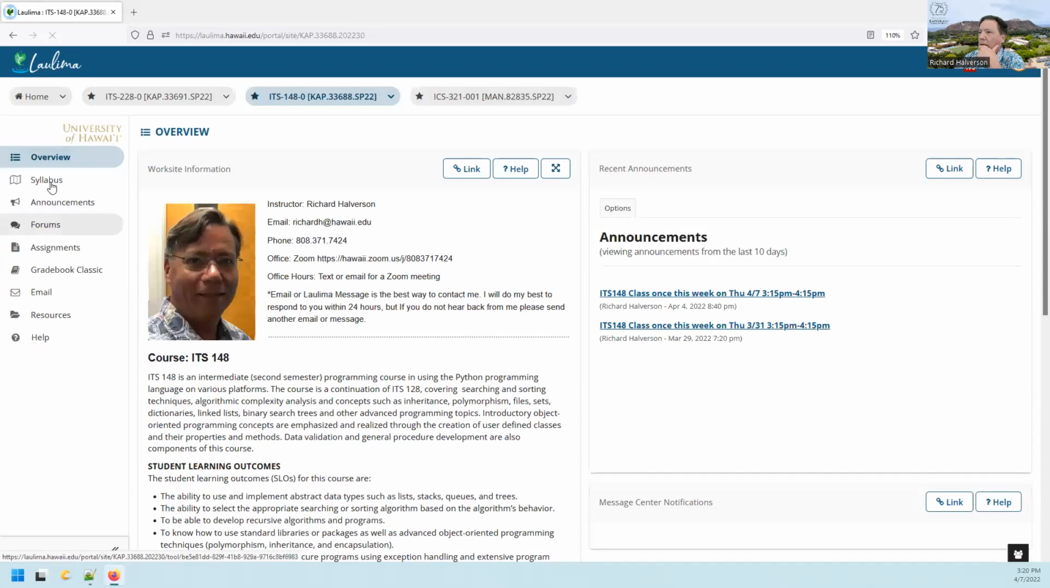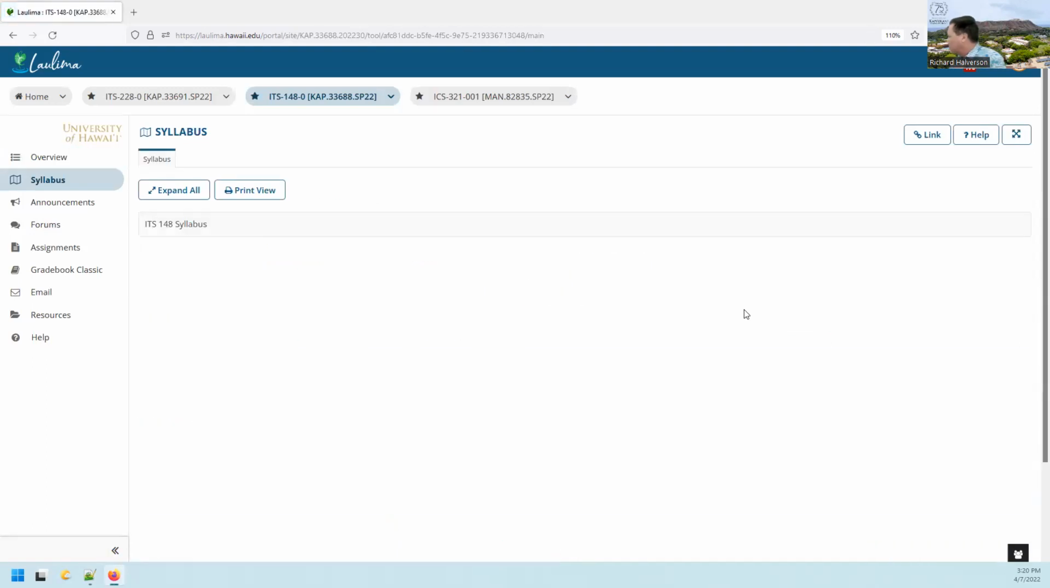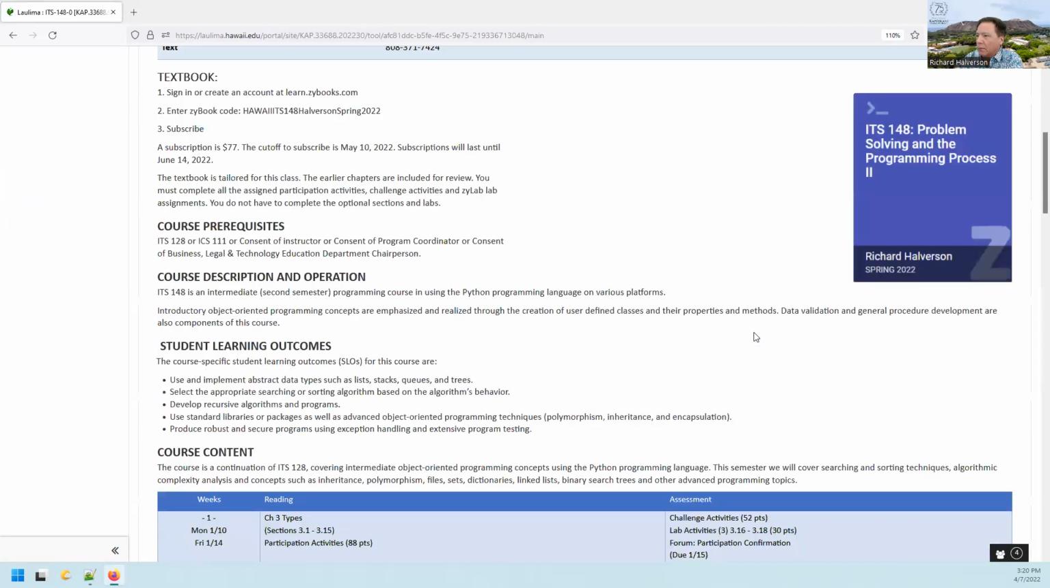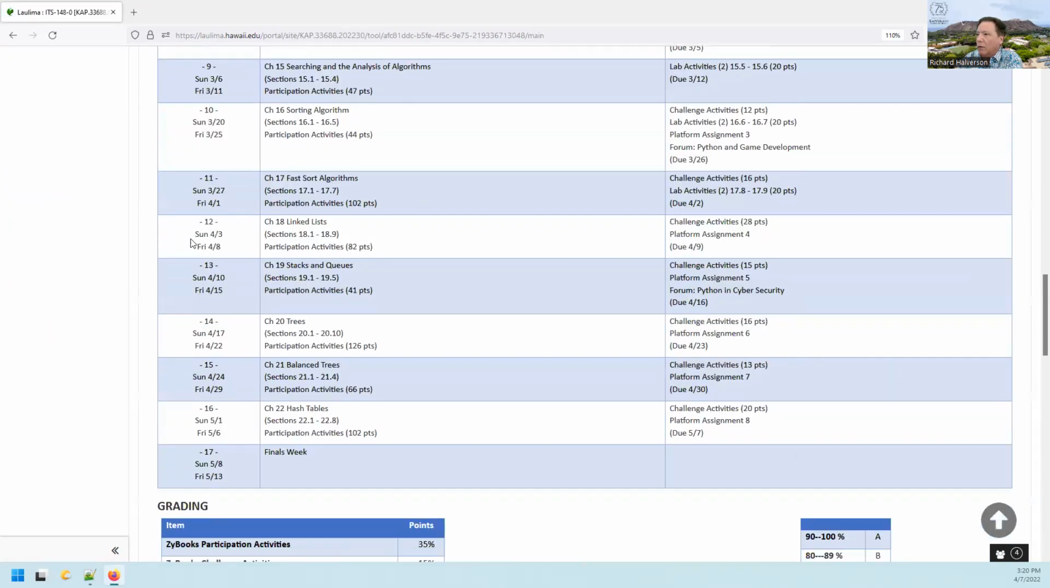ITS148 and the syllabus. We're about here. That's right. We're going to talk about linked lists in this class, aren't we? Well, that's a real short chapter because in Python there is a list data type, and